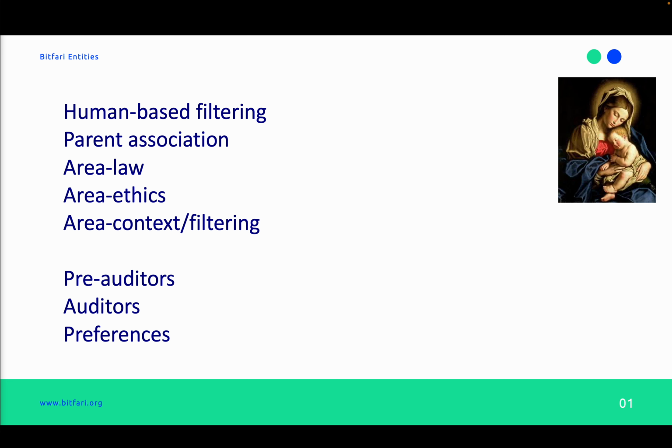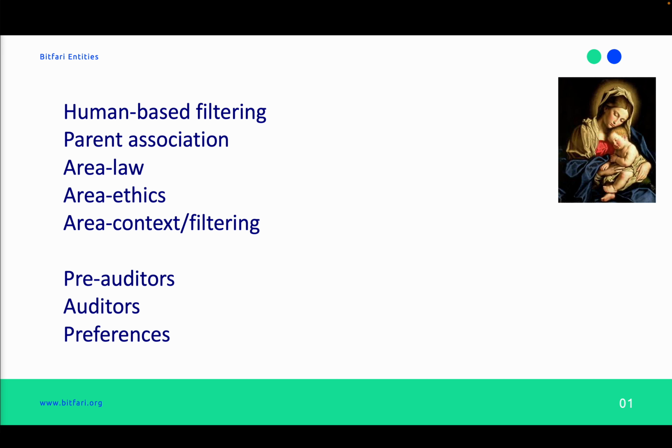Maria manages human-based filtering. There's something called the parent association, which is like a sub-DAO. It's a group of parents that are defining rules of what kind of ads they want to block for their children. So the parents can do that using this facility. It has provisions for area laws, area ethics, so the law changes from area to area.